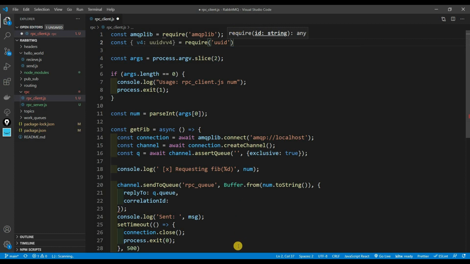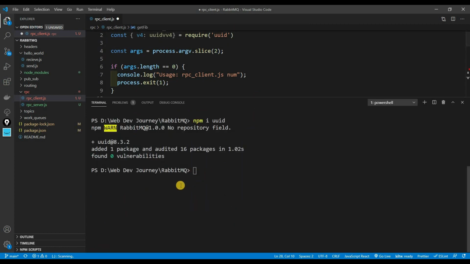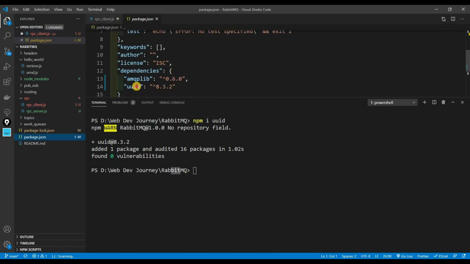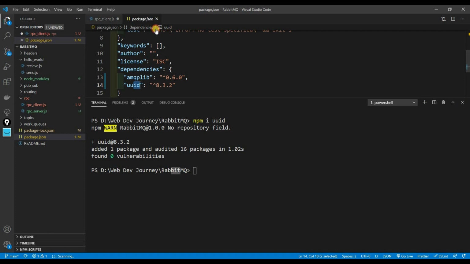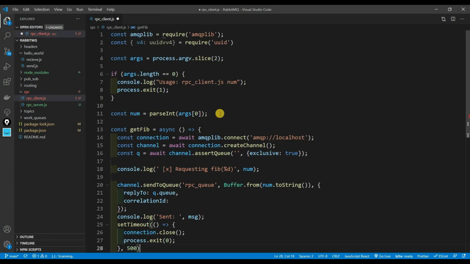UUID. Dude, did I save this in the right spot? Man, sometimes I'm inside a folder and okay, yeah. So if I go to package JSON, yep, there it is. All right, awesome. All right, so we have that now, and now what we're going to be doing is creating